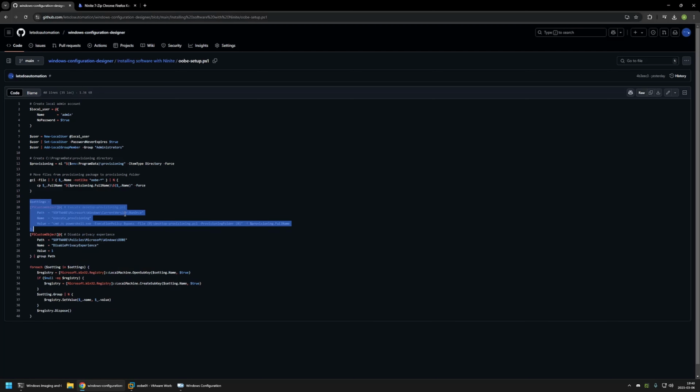The first one is to configure RunOnce to execute another PowerShell script called desktop provisioning ps1. This is for executing Ninite. And then the second registry entry is to disable the privacy experience menu so that we have no interactions in the out-of-the-box experience. So to download the script, I will click on the button right here, go back to my GitHub page,